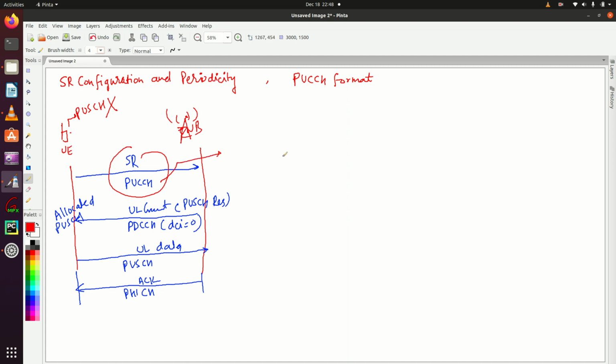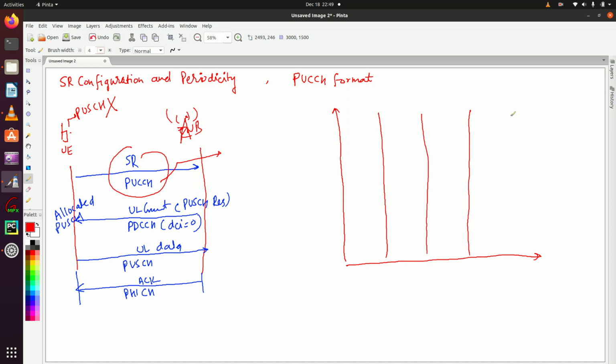To start, I would like to tell you the location of PUCCH in the time frequency domain. This is the uplink grid. This is the first PRB, second PRB.